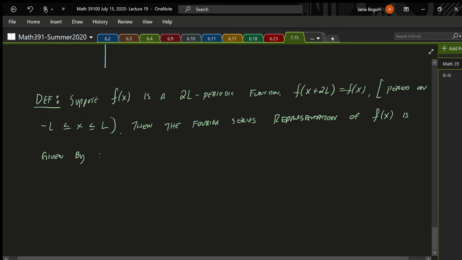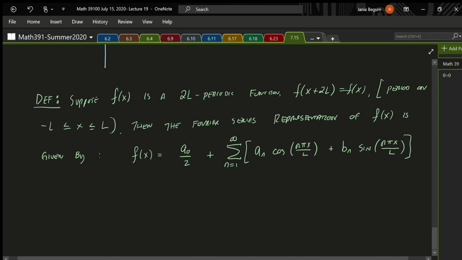So you have f of x is equal to a0 over 2 plus the infinite sum starting at n equals 1 to infinity of an cosine of n pi x over L plus bn sine of n pi x over L,